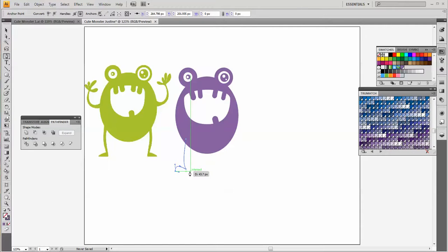I'm going to click over here to make the heel. So click and drag. Hold down Alt, swing that around the corner. Up here at the top of the leg, click and drag. Hold down Alt, shorten that handle and swing it around, and then click the beginning point. So now I'm going to magnify this